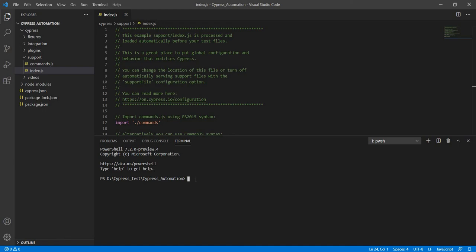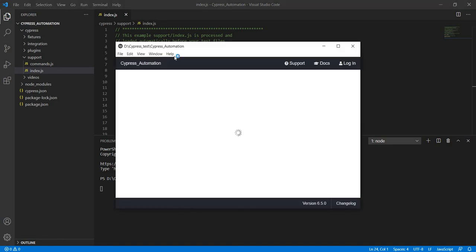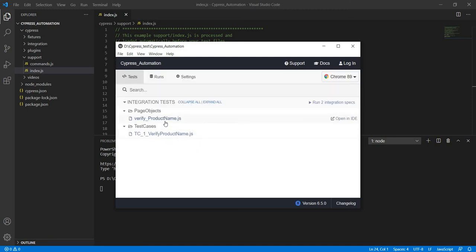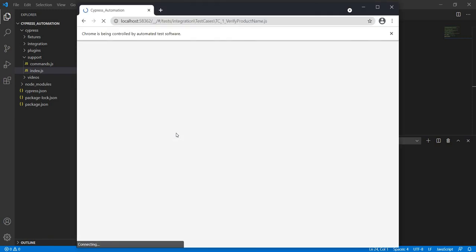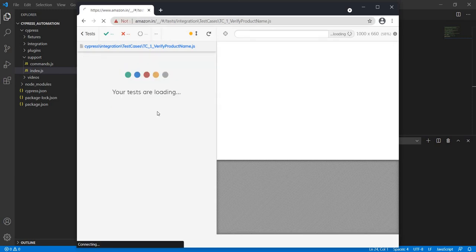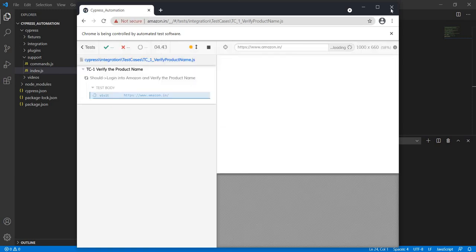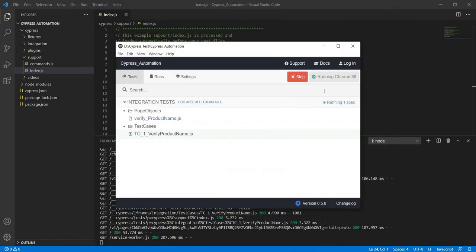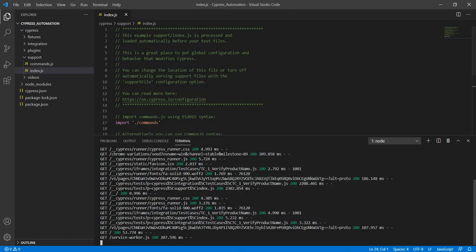Now I'm going to hit the same command for executing the Cypress test case. Click here, hit this command. After that the Cypress runner will open. Here only we are going to select the test case. I'm going to select this test case. Now see, it has successfully started running the test case. So this is the way we have to apply the solution for resolving this issue.